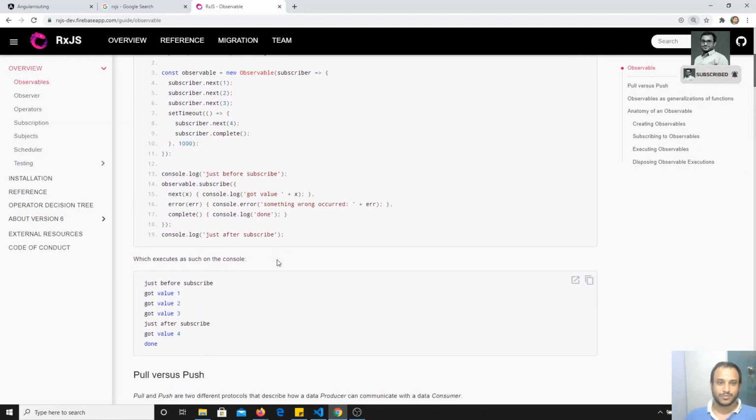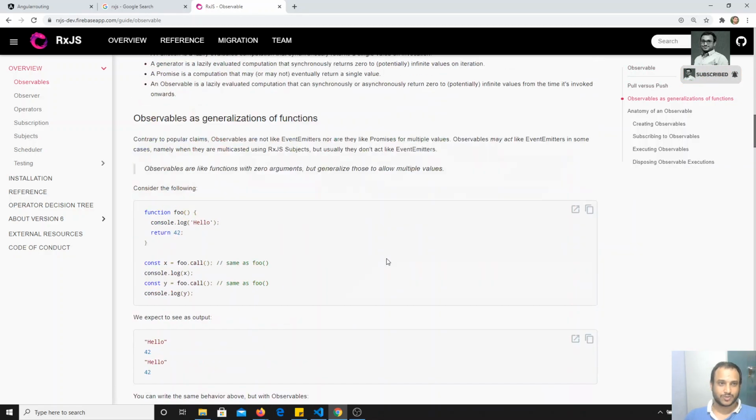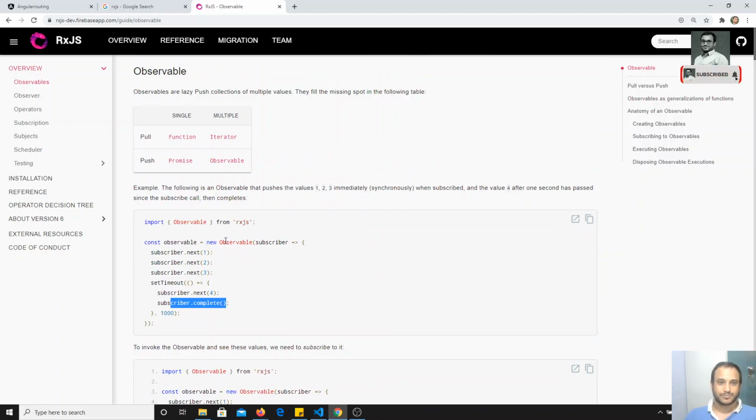So here you will be able to see it. Now I think you will be able to understand this observable. We have created the observable like this. You can create it using new Observable, or you can also create it with Observable.create. This is the old concept, and this is the new concept. Okay, fine. Now you can go to the observer.